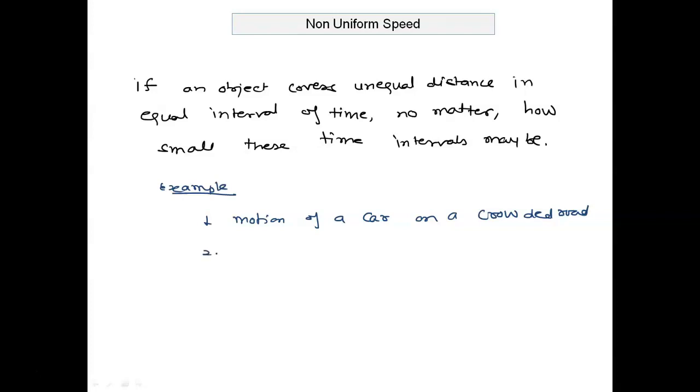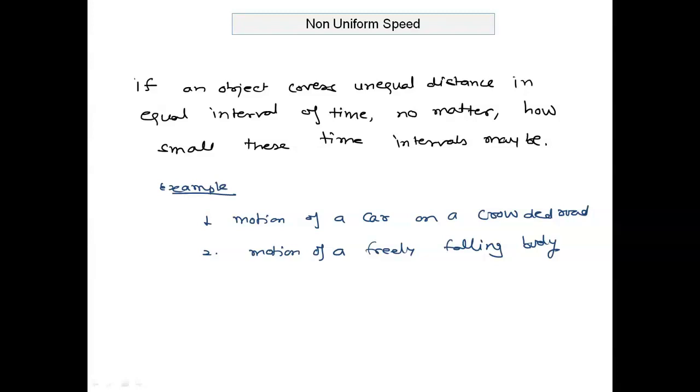And the second example that we will use a lot, motion of a freely falling body. This example I will use a lot, and of course you have to solve a number of numericals on this example,